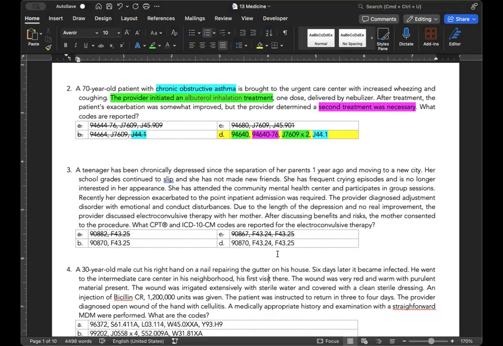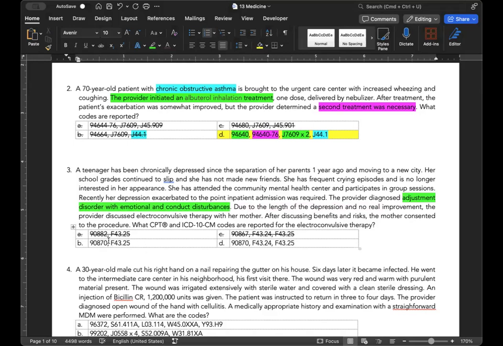Yes. And I think it is okay. F43.25, because I'm looking at it right now. Because F43.25 is our adjustment disorder with mixed disturbance of emotions and conduct. And then F43.24 is adjustment disorder with just the disturbance of conduct, not emotions and conduct. So because we have here our adjustment disorder with emotional and conduct disturbances,